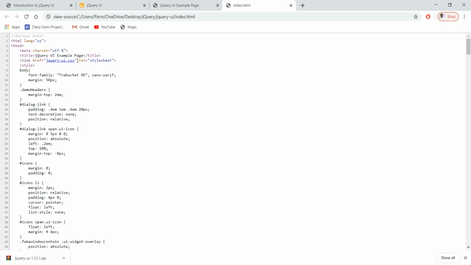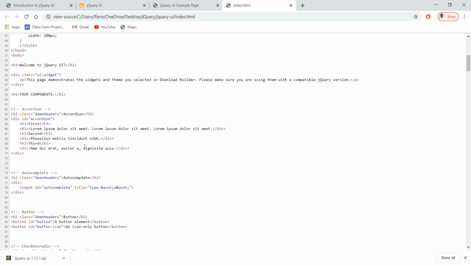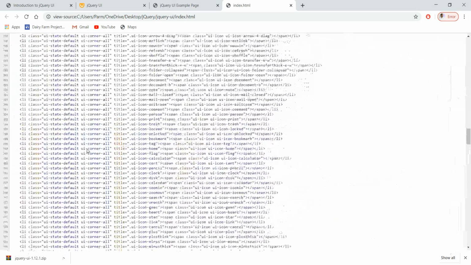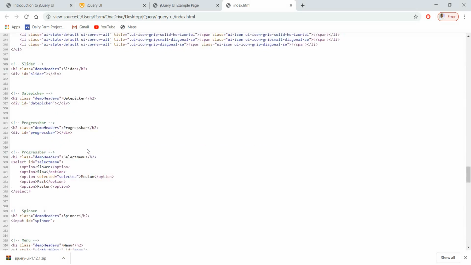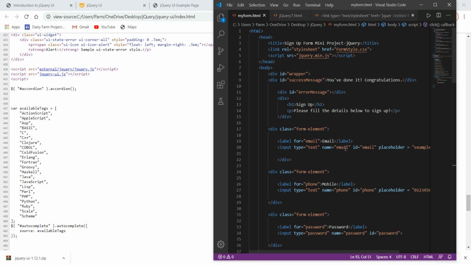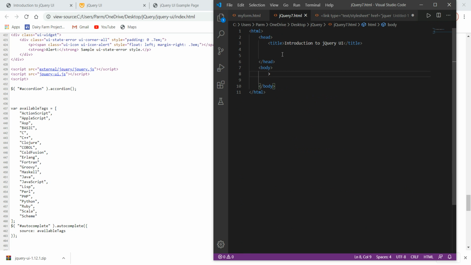This file must be included in the local file, and some JavaScript files also need to be included. If we go down, we find this script and these two files to be included. We can simply write these files in our header section.